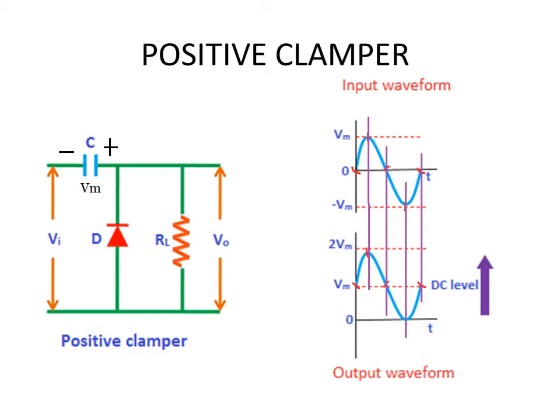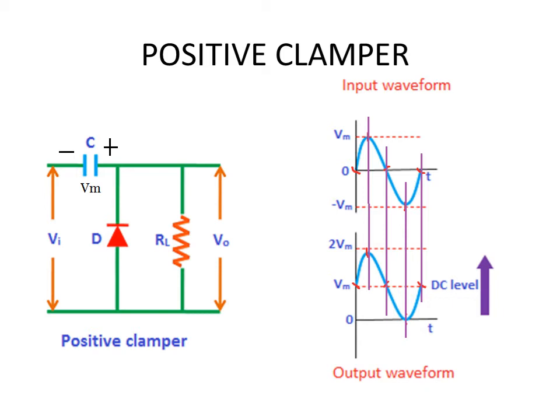Now we'll move on to the clamper circuit. In this case we are using a diode and a capacitor. You'll have to remember the way in which we explained the working of voltage multipliers. In that case also we were using a branch in which we had one capacitor and one diode each. The objective of a clamper circuit is to raise or lower the waveform and clamp it at a particular level. When we normally say clamping, as you do in cantilever experiments, you are clamping something, which means you're fixing it somewhere so that it will remain there stationary.